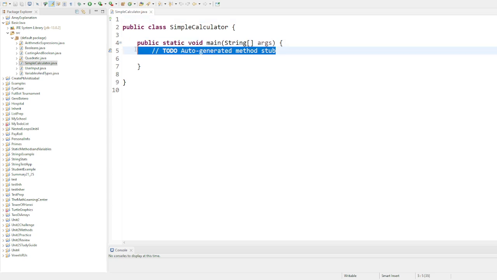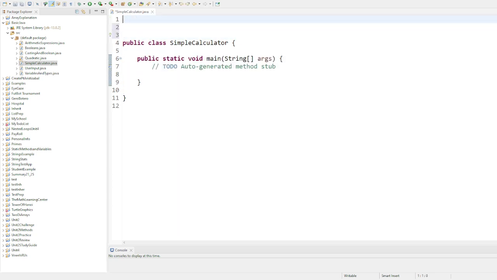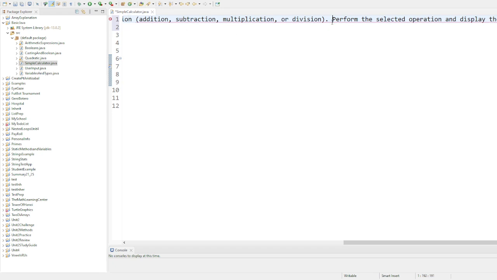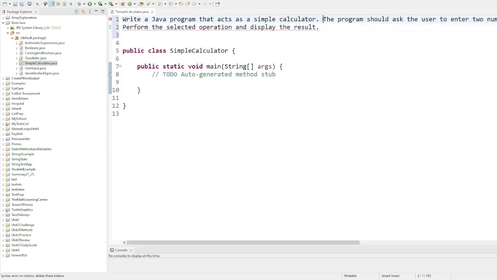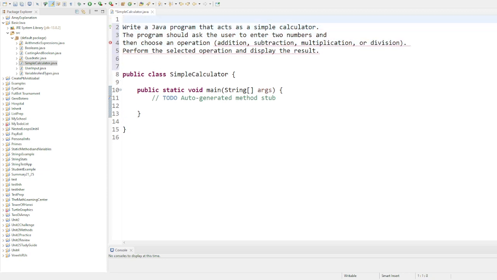So let me explain really quick what we should do. I'm going to copy and paste the problem. In this problem, you will have to write a program that takes in two numbers and selects the operation that you're going to do, and then it's either addition, subtraction, multiplication, or division, and then